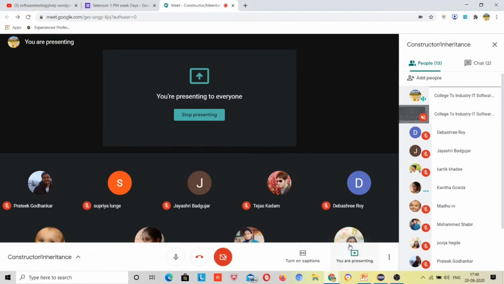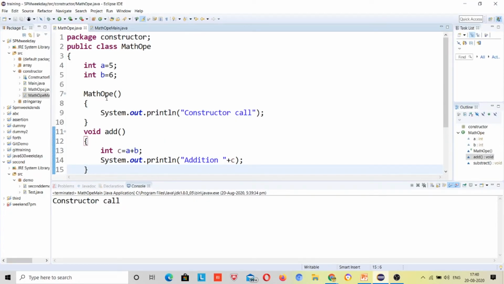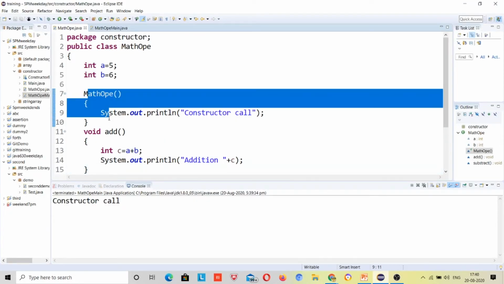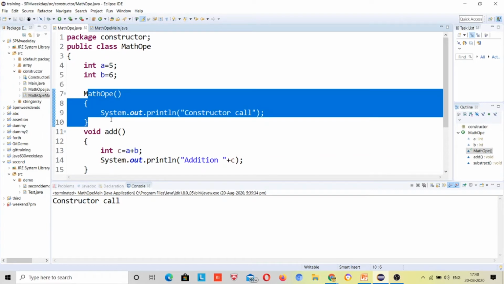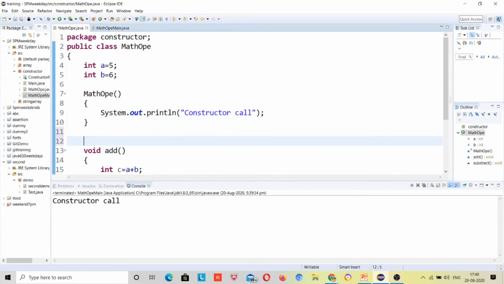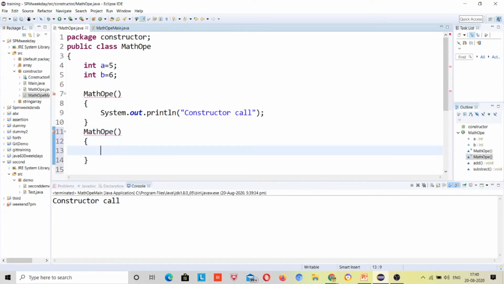But not the same parameters. Here you can have constructors with different parameters. Suppose I give Math, the constructor name will be the same. You can see an error over here, but you can write int a, comma, int b.